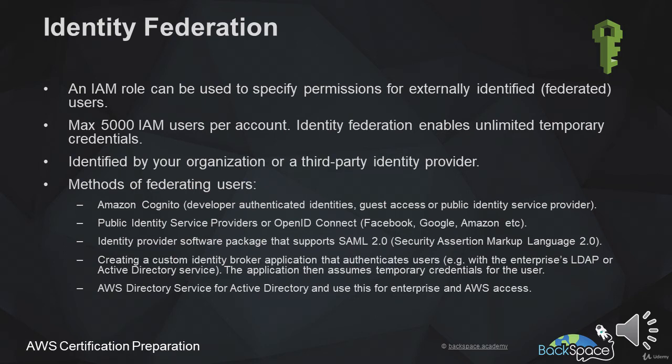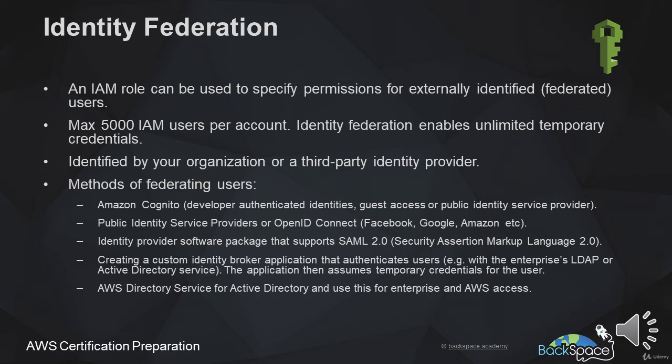We don't have to use Amazon Cognito. If we want to do it that way, we can just use the public identity provider or OpenID Connect and use one of those OAuth services such as Facebook, Google or Amazon, and use login with Facebook or whatever. And Facebook will authenticate that user for us